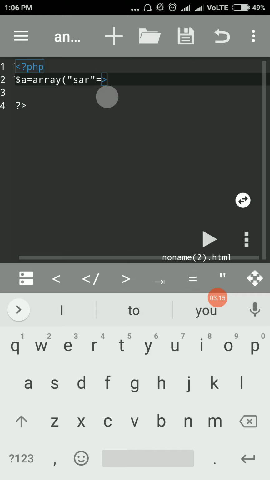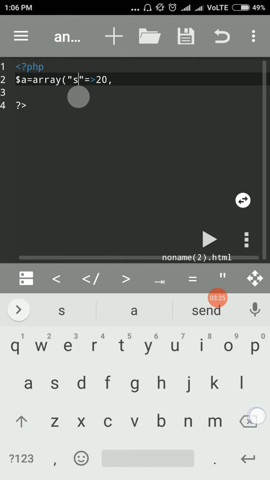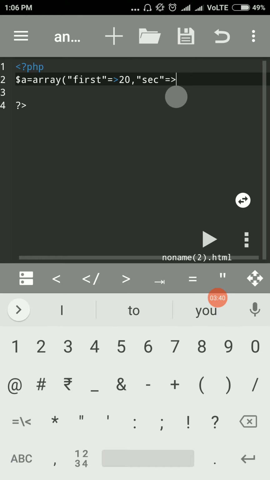Okay, so first we create the associative array SAR, and we create the associative array in that way. The value, suppose 20, then we take, suppose, first here. Okay, then comma, we take again the second, then the arrow, and that value is suppose 30, comma.